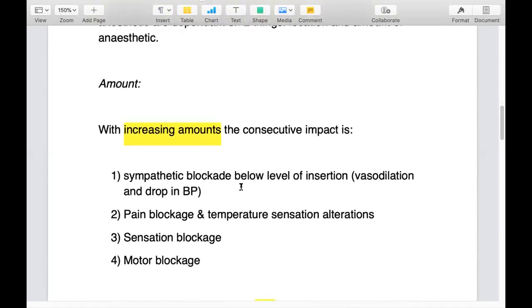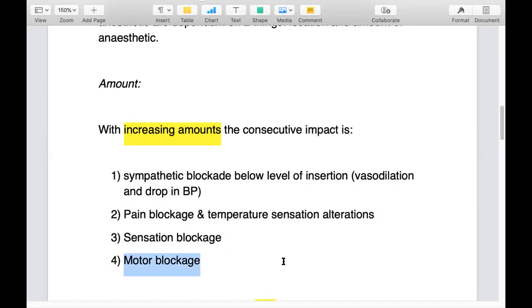As it starts to hit the system and work, the first thing that's affected is the sympathetic system. So there'll be a vasodilation at the area of effect and basically a drop in systemic blood pressure. That's the first impact. Next, pain is blocked. And that's where temperature and sensation starts to change too. That's what we talked about with dermatomes. There'll be a slight decrease in the sensation of temperature. There might even be some numbness sometimes, but typically that's the third level, complete numbness to the area. And then if you get enough med in there, you get complete motor blockage, which means they can't move their